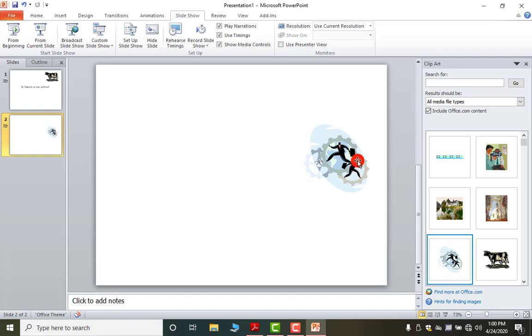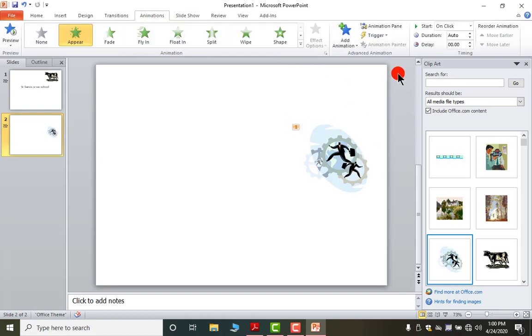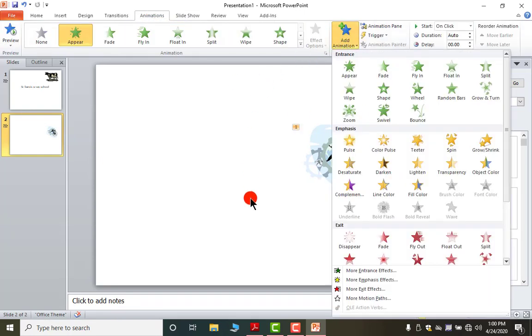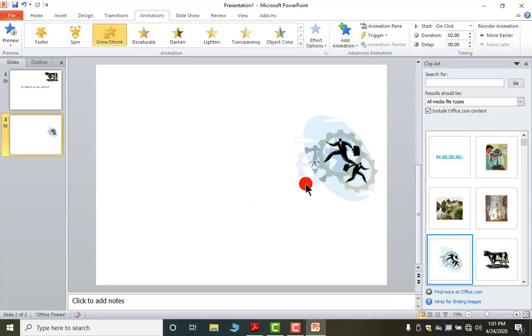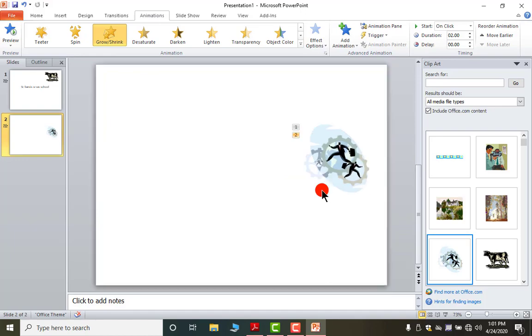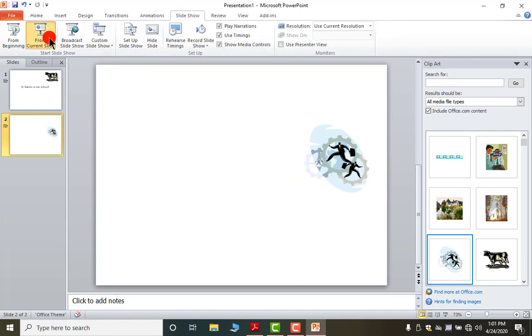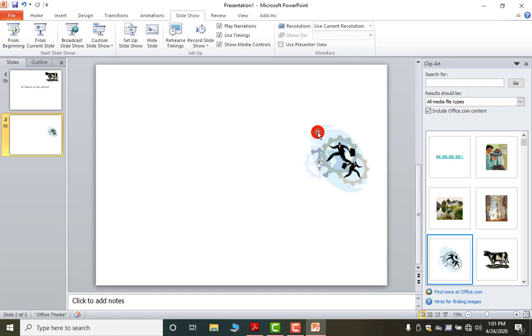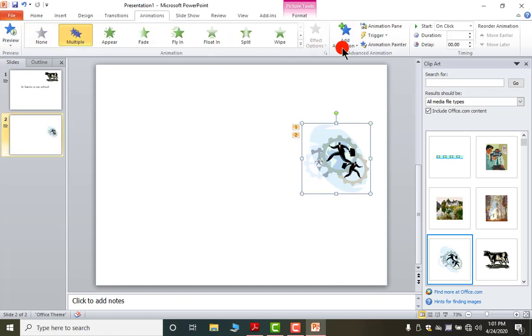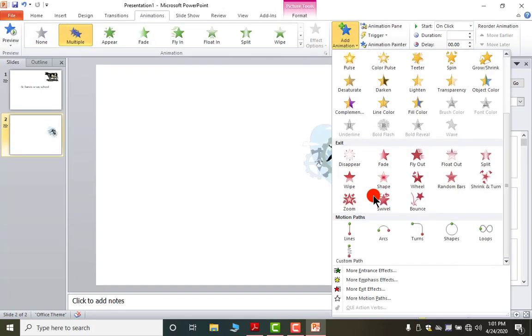Okay, next one, again look here, emphasis. Emphasis means grow or shrink like this. Look, size is changing. If you play it in your slideshow, appear, then this one, look, this is called your appear. Next one is, again click on animations. Third one is exit.